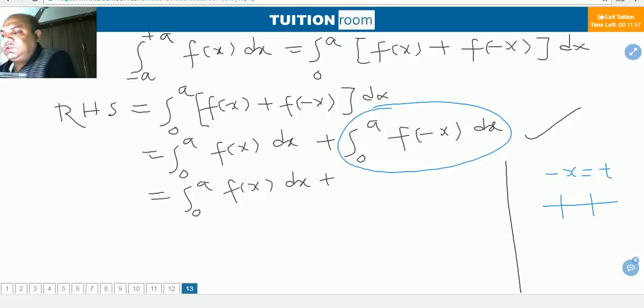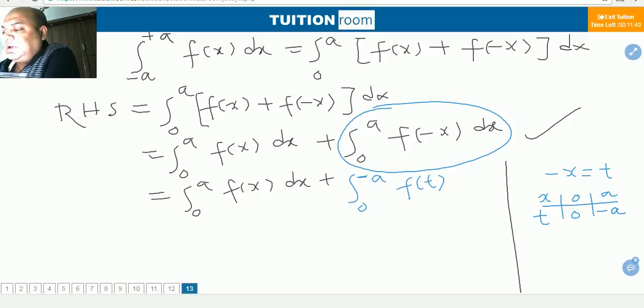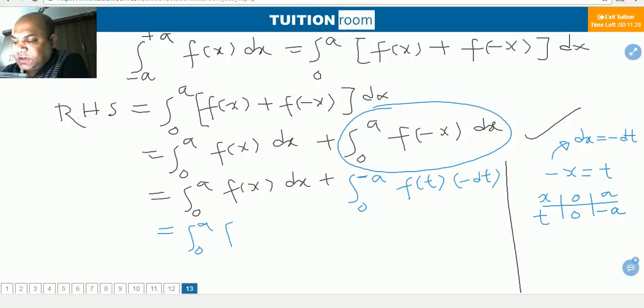And in our previous class, I have told you integration means simply signed area. If we find the area from minus a to 0 first, then from 0 to plus a, directly we can find it from minus a to plus a of f(x) dx, which will be equal to the left hand side. In our previous class we have done it. If you are unable to understand this derivation, you can take help of your mathematics teacher. Please copy it, then I will continue further.